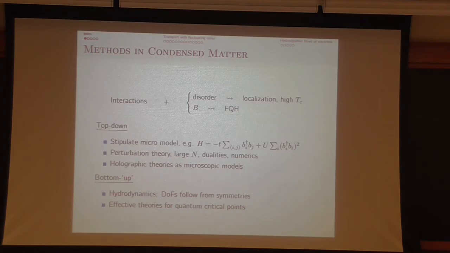Another example of these ideas that's been developed a lot in the past decade is effective field theories for quantum critical points, where you basically want to describe a transition between 2 phases. You know well the degrees of freedom in the phase, and then you just add some simple degrees of freedom that become strongly interacting to try to capture the physics of the transition. I should emphasize that these last 3 bullet points don't rely on the existence of quasi-particles. And what I mean by quasi-particles here is quanta of some weakly interacting field that I have in my Lagrangian.